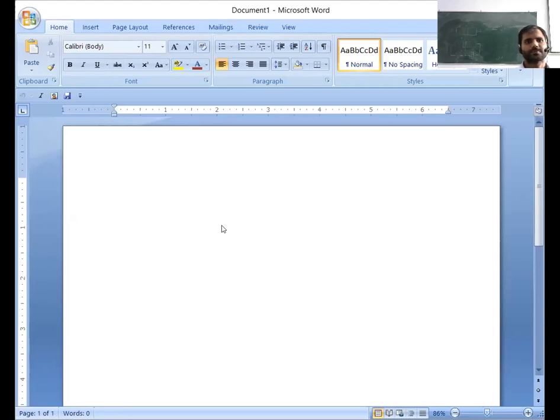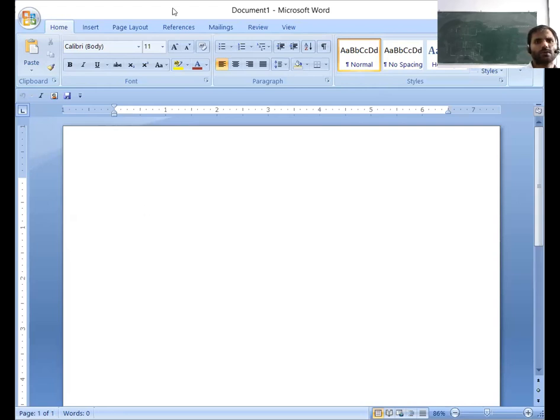So now, before we create a document, we have to choose some settings for that file, like in which layout we want to print my file and what font I have to choose in my document.